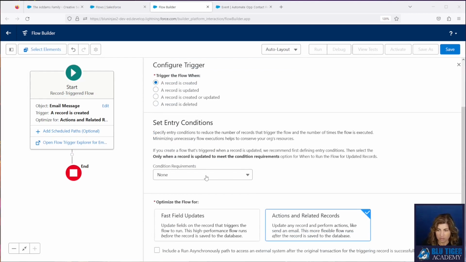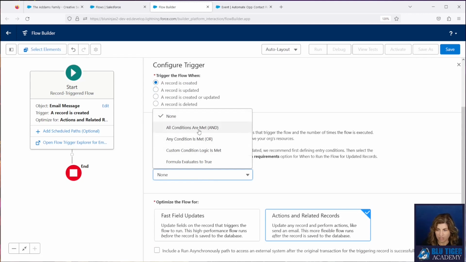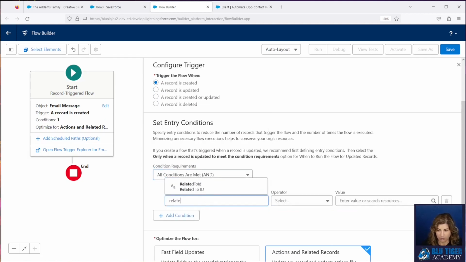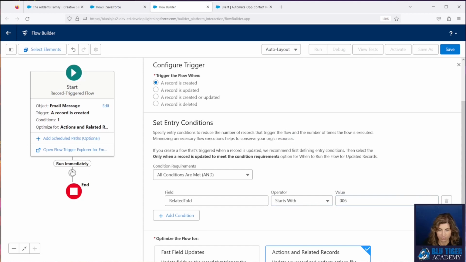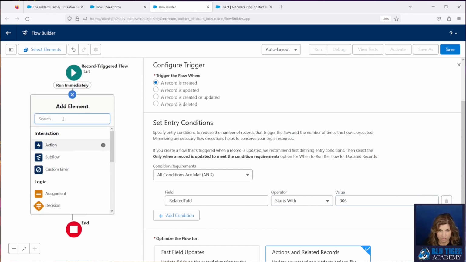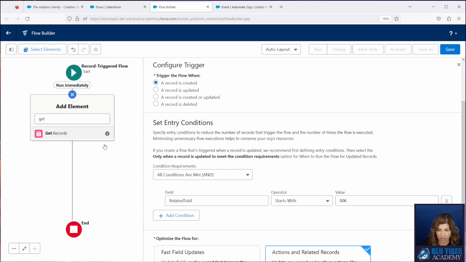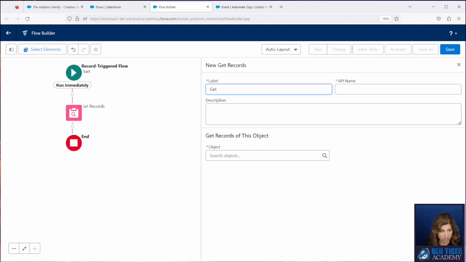Now we want to look for the criteria related to ID, starts with 006. Then we're going to get our current opportunity contact roles.